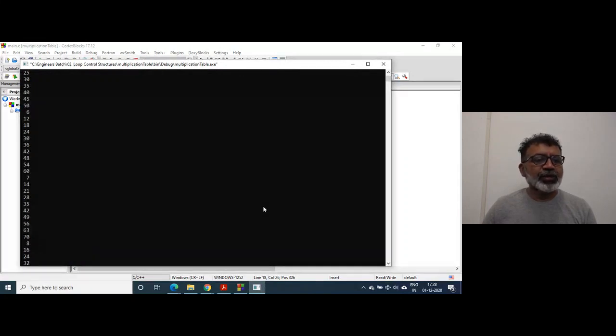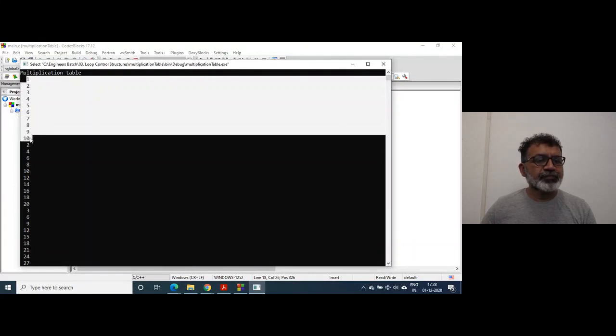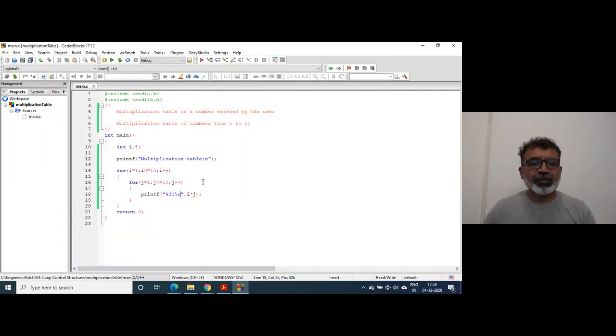So the multiplication table of all numbers from 1 to 10 is there. But a new line should be there once you print the multiplication table of one number, then it should start again. What I will have to do is put the slash n in here as well. But will it solve the problem?